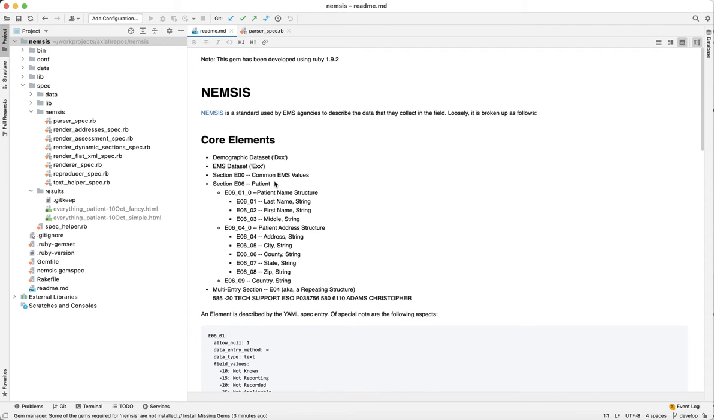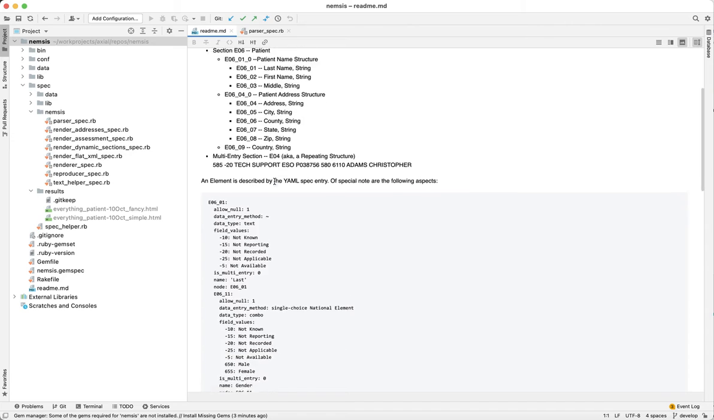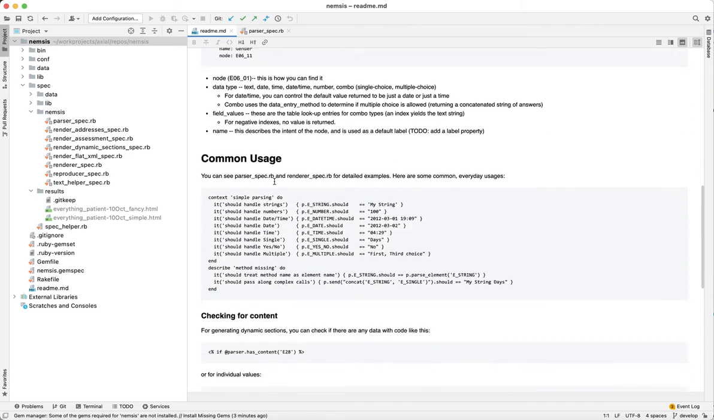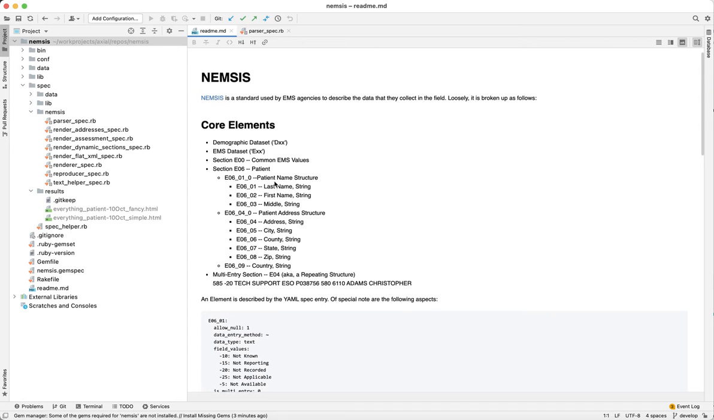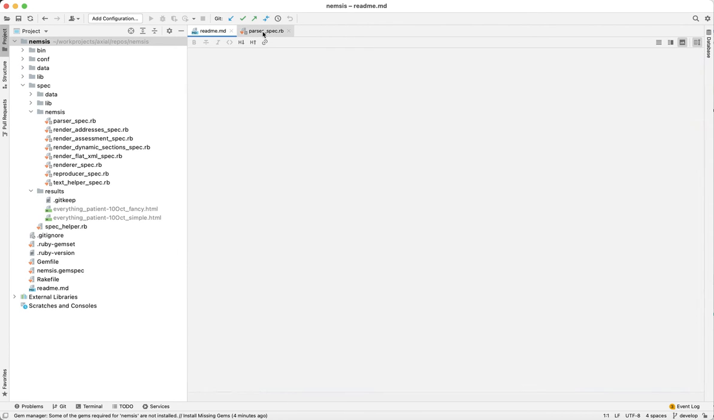So it looks like I'm pretty damn good at making a really big readme. It's kind of funny. I had to learn all about this NEMSIS library or API, some kind of standard. So the next thing I looked at, this is a gem. I built this code into a library, so the library is reusable. But if I look at the parser spec,